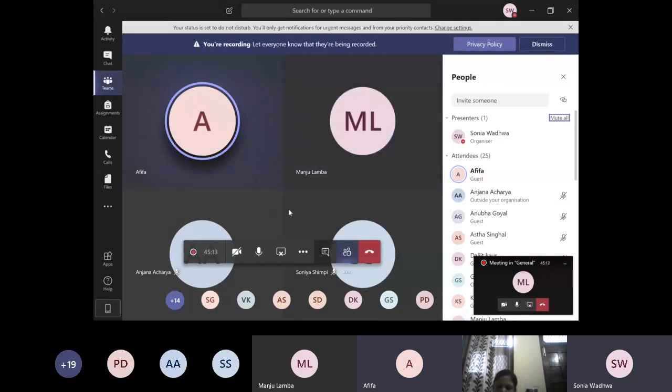So basically, Nearpod is a tool to create interactive lessons. It not only allows you to create your own content like PowerPoint, you can also design your activities using the same tool. Presently, teachers design their content in PowerPoint, Word, PDF, but when they want to do an interactive activity, they go to a third-party platform. Maybe you will teach through PowerPoint, but you will use a Google form to conduct assessment. Maybe you will teach through a Word document, but you will use a Kahoot quiz to do assessment. So your activities are on a different platform, and your lesson is on a different platform.